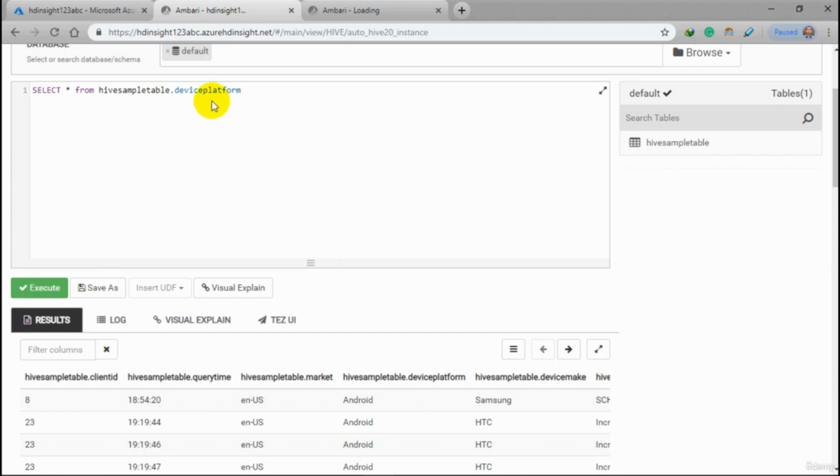Select extract from. Now I'm going to check. I wanted to select only records whose device platform is Android. Okay,